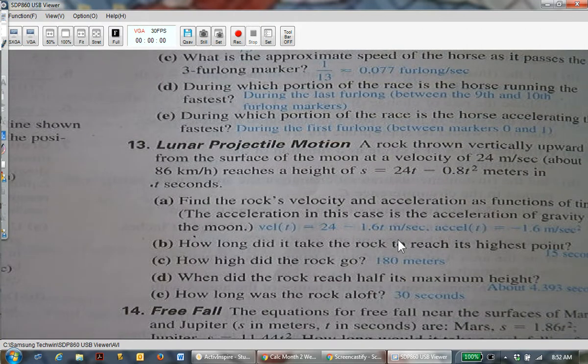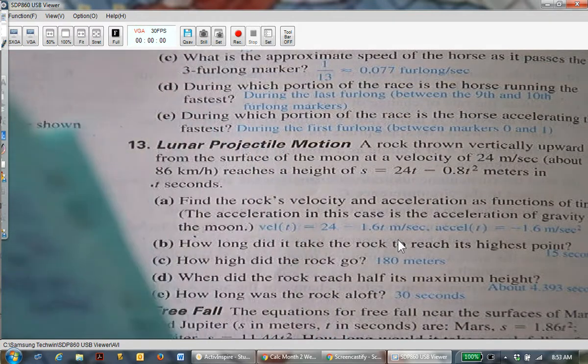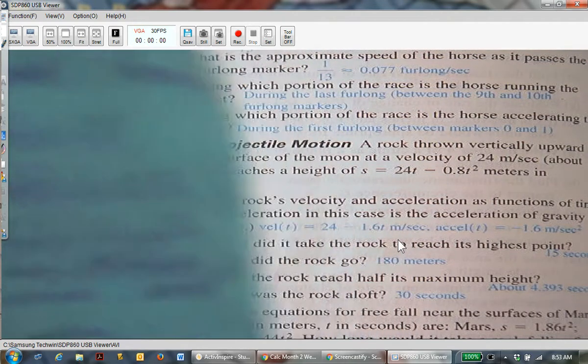And it also says the answer. Dang it. Yeah, it's frozen too, so I can't cover it. Fair enough. That's fine. Yeah. So, when did the rock reach half of its